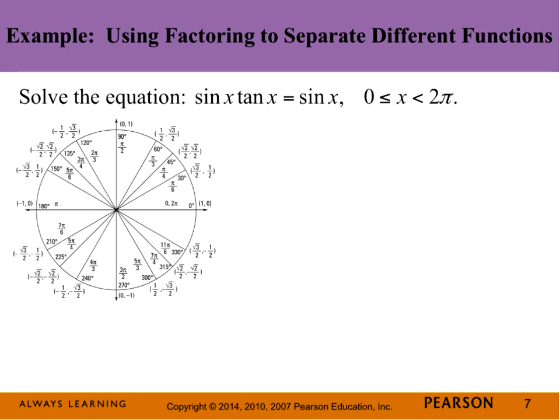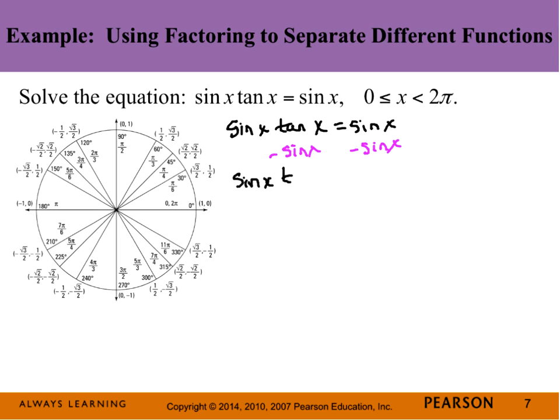All right, so this time we're going to use factoring to separate different functions from each other. So here we go. And then once we factor, since we'll get this thing set equal to 0, we'll factor and use the zero product property. So let me get my black pen. We start out with the sine of x times the tangent of x equals the sine of x. I've got to get this thing equal to 0 so that I can use the zero product property. So I'm going to subtract the sine of x from both sides, and that leaves me with